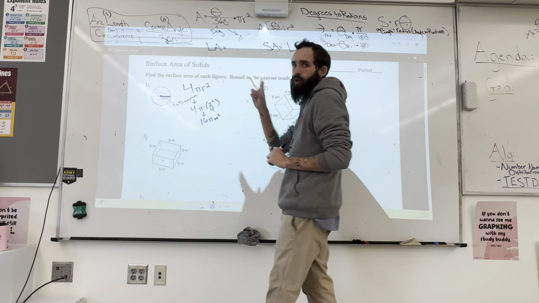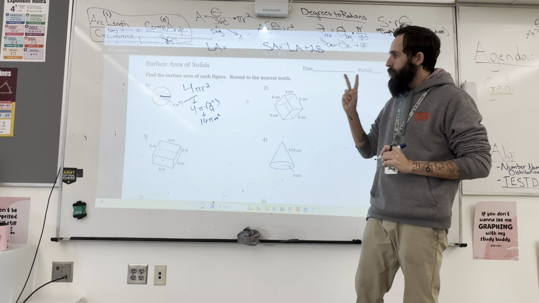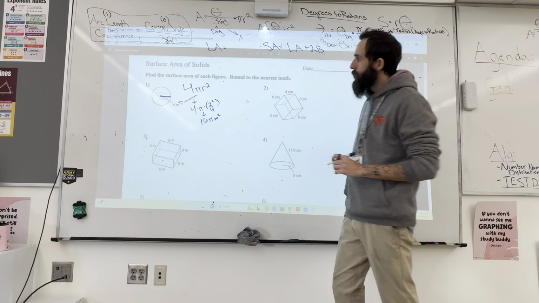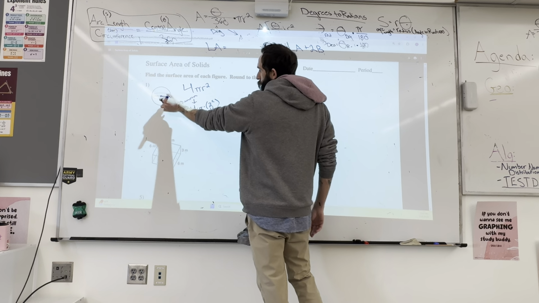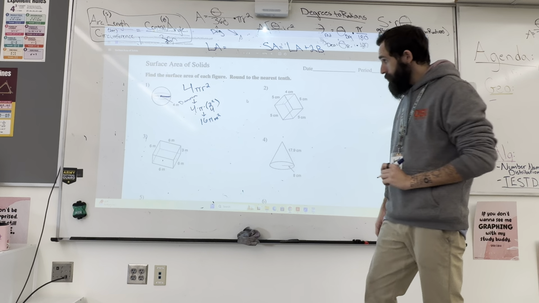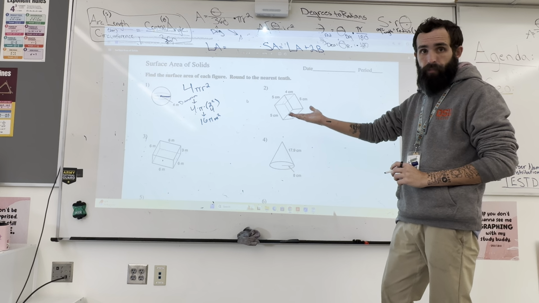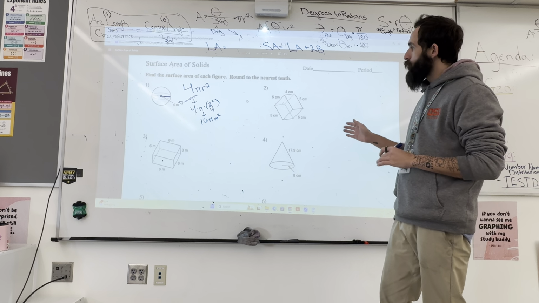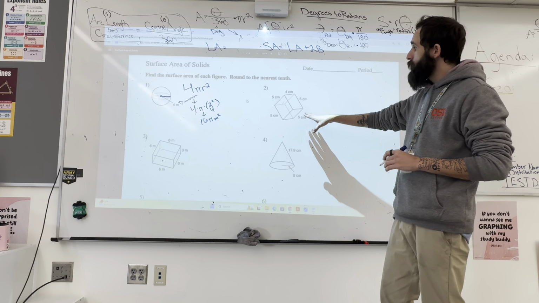It is still a 2-dimensional thing. It is still just 2 dimensions that are being multiplied. The radius is being squared. We are not going into a 3rd dimension. We are just doing surface area. Okay, that's it. That's the surface area of a sphere. It's going to get a little trickier for these other shapes. This one's great. This one's a square